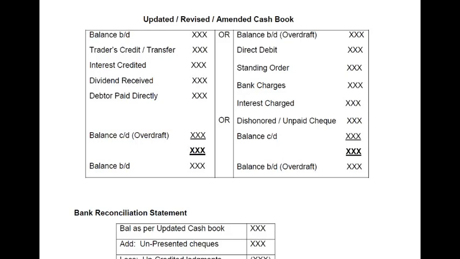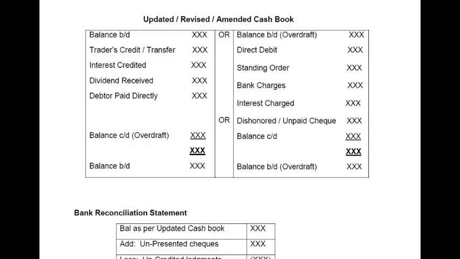So according to the bank, the balance should also be the same. It should be 100,000. If I call the bank and ask them what my account balance is, they should tell me that my balance, sir, is $100,000,